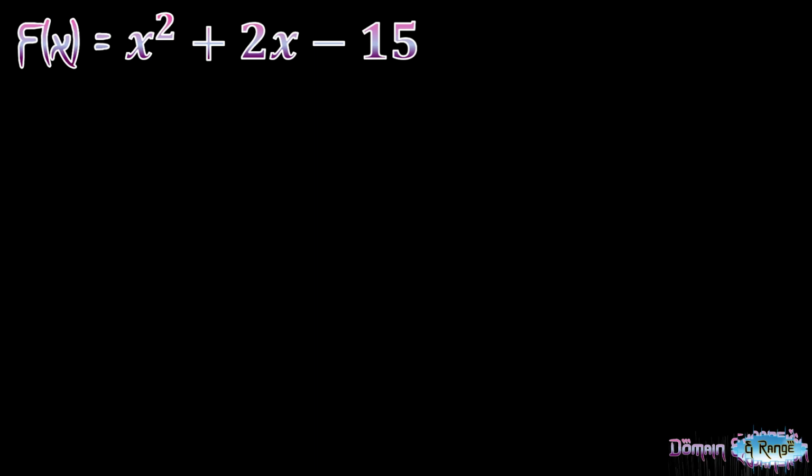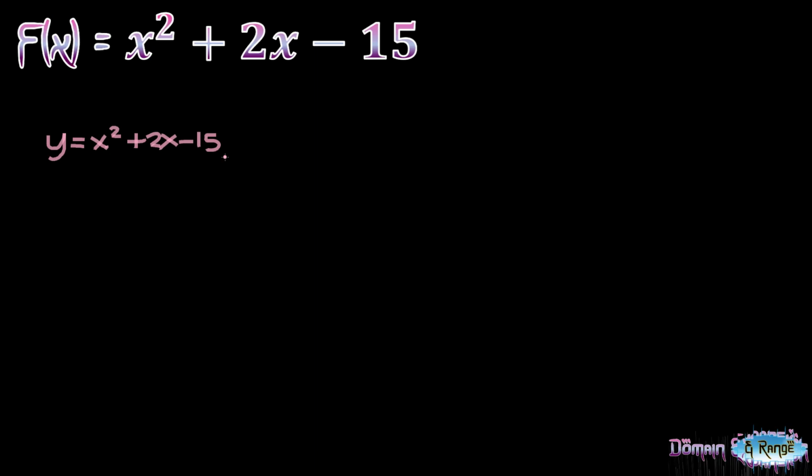Let me rewrite this first in terms of y, because f of x can be written as y. So we have here y is equal to our function x squared plus 2x minus 15. Again, this is considered to be a complete quadratic function because we have our a coefficient of 1, an x squared term, an x term with the b coefficient of 2, and a constant